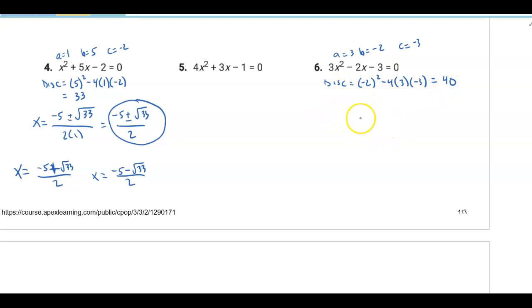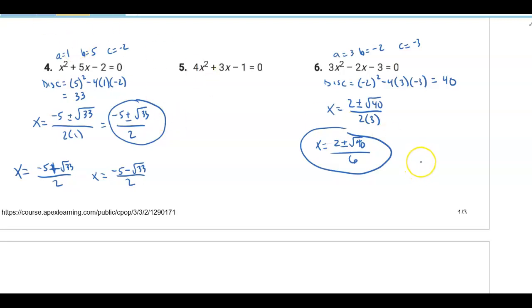Now, one thing they don't really set you up on how to do very well is when you find the exact answer. If b is negative 2, the opposite of b is 2 plus or minus the square root of 40 all over 2 times 3. So one version of the solutions would be 2 plus or minus the square root of 40 all over 6. So this, breaking up into the two solutions, would be one way to write your answer. But,